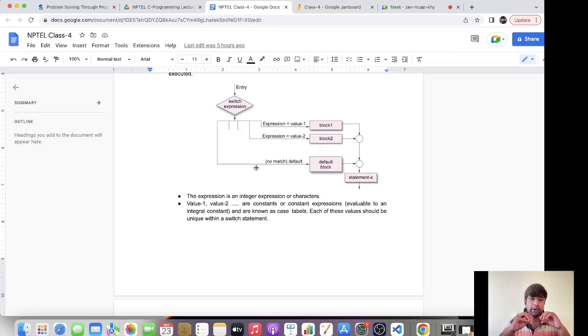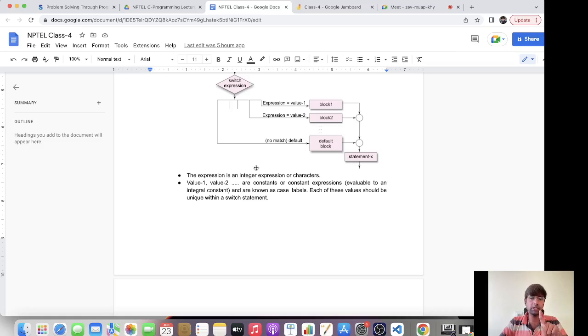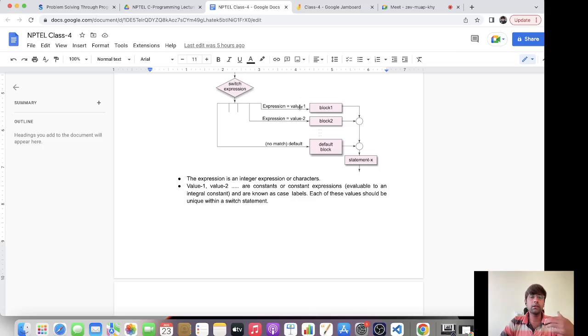But here in the switch statement, the expression should only take either integer values or constant values. Other values will not be entertained. So that is the first thing you need to understand, while evaluating the expression. Coming to the case labels also, we should not use float values or double values, otherwise it will